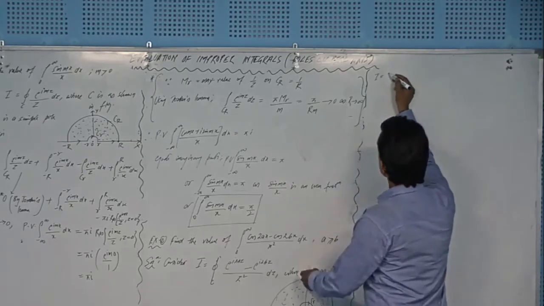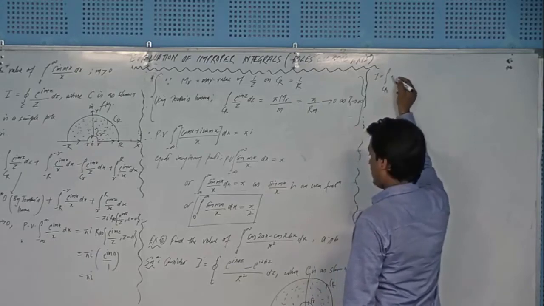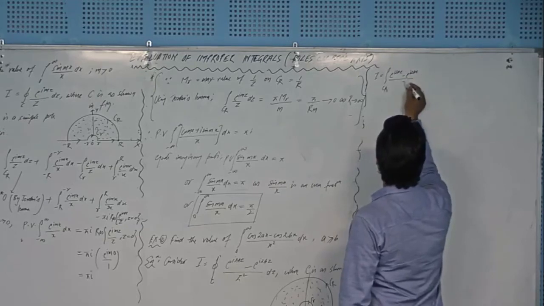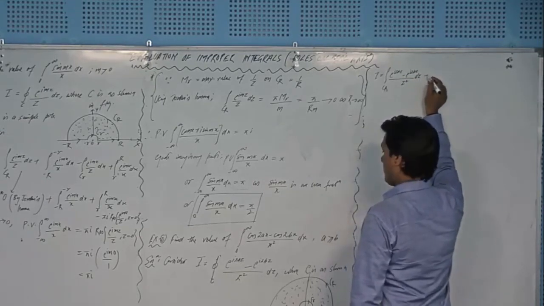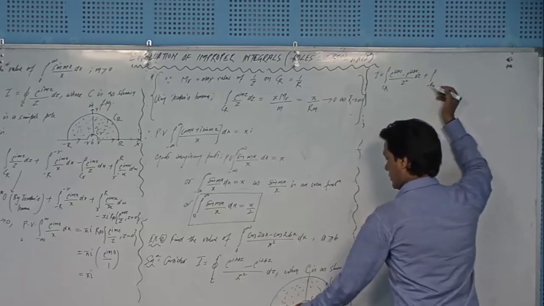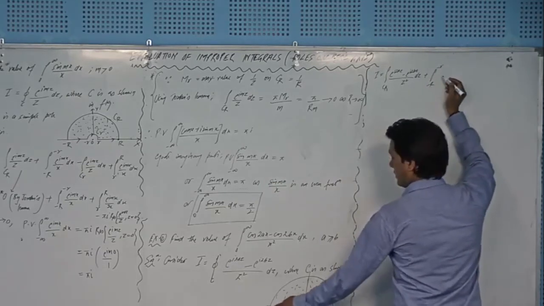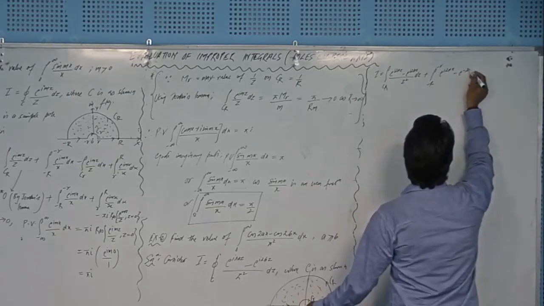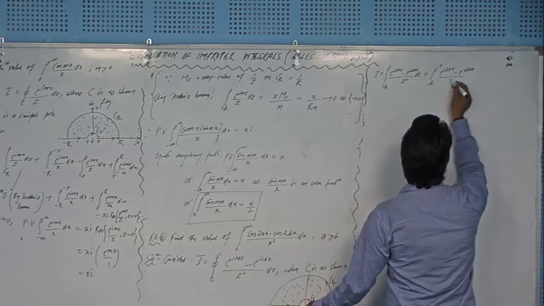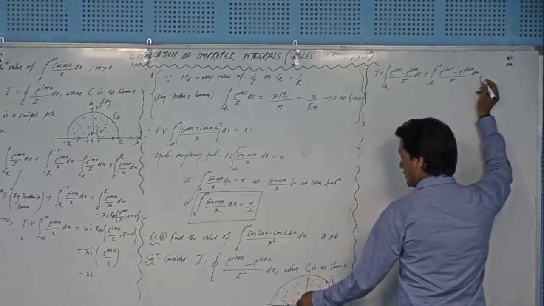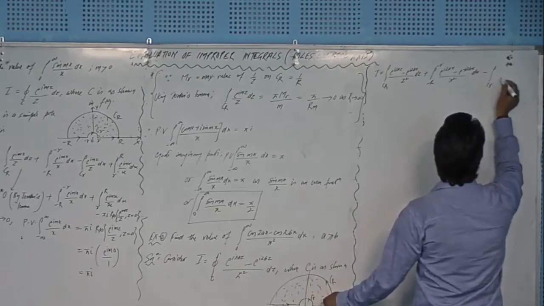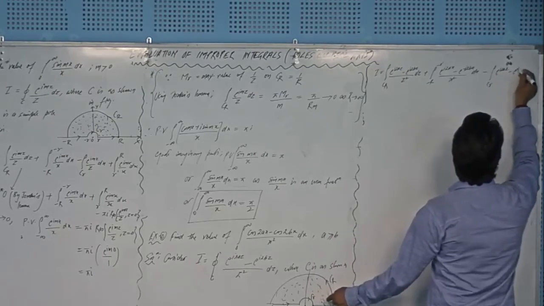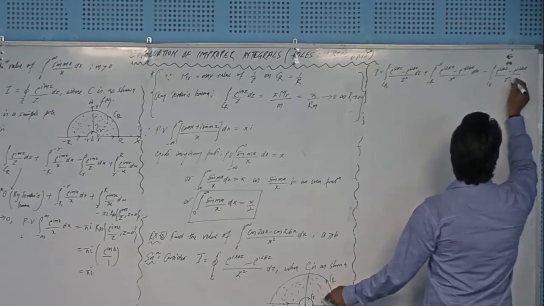as I is equal to, the first should be this one, integral over C_R of e to the power i2az minus e to the power i2bz over z squared dz, then plus the integral from minus R to minus r on the real axis, so I will write e to the power i2ax minus e to the power i2bx over x squared dx, then this smaller semicircle with the negative direction, so I will write minus here and write the integral over C_r of e to the power i2az minus e to the power i2bz over z squared dz,